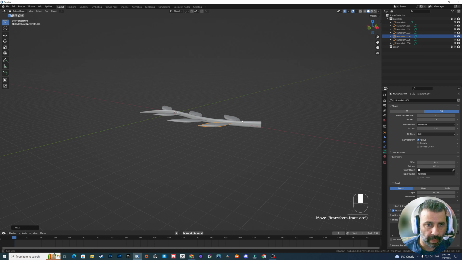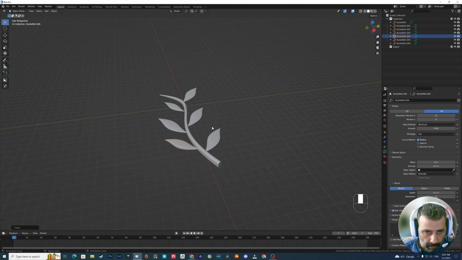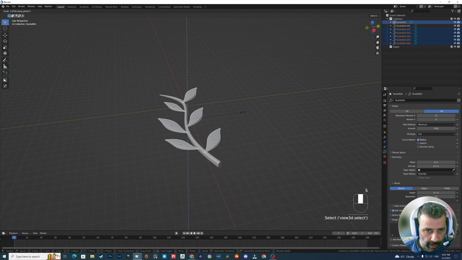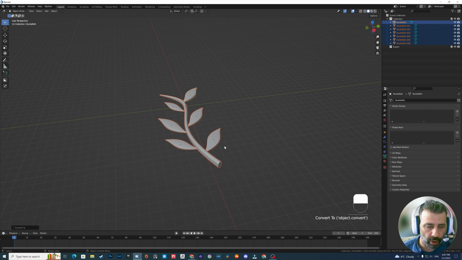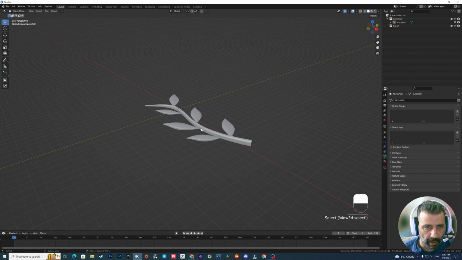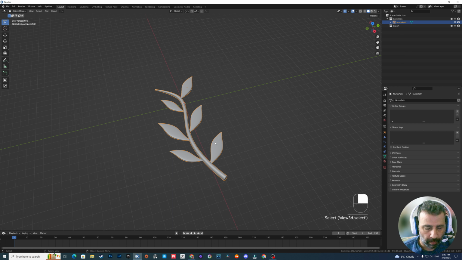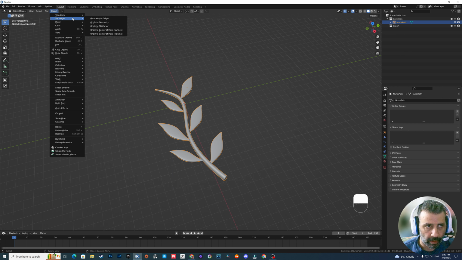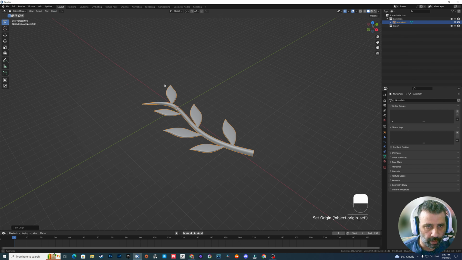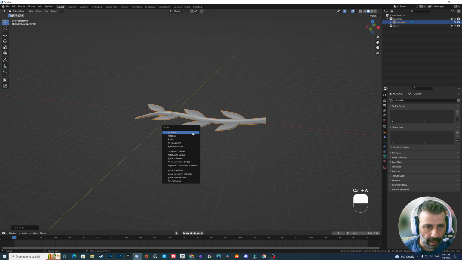And basically this is it. This is what we have. Now grab those and size them to the Z axis to give it some thickness if needed. Maybe a bit like this. Select all, rotate, convert to mesh, and with Ctrl J, just join them together and make one mesh. Now, before we do anything, just apply the origin to the geometry. With Ctrl A, apply location, rotation, and scale.